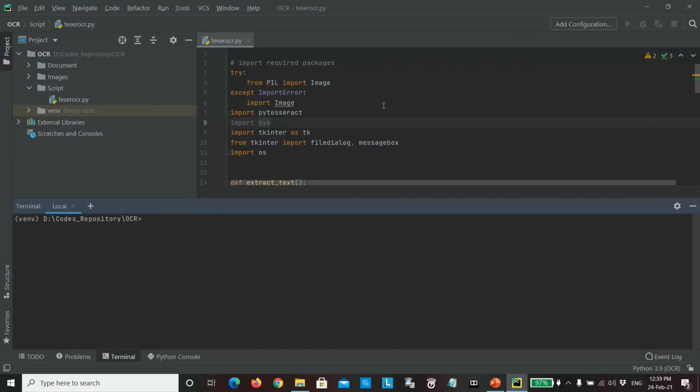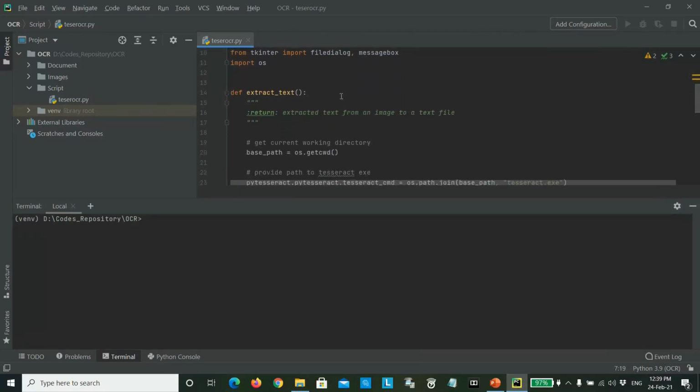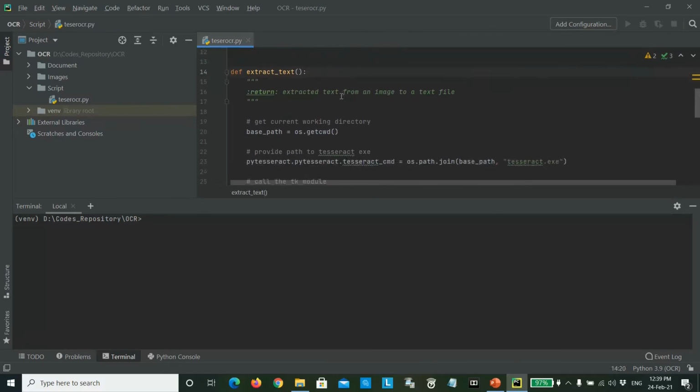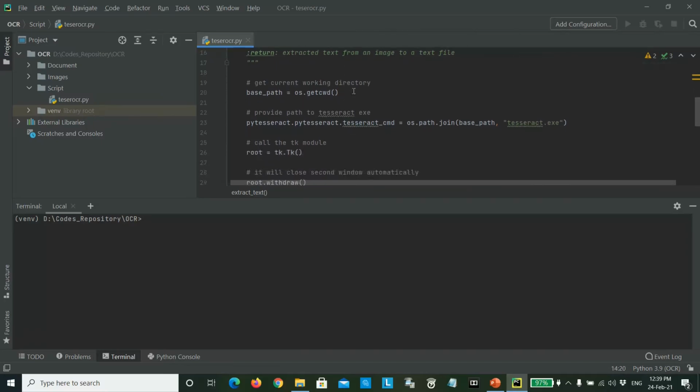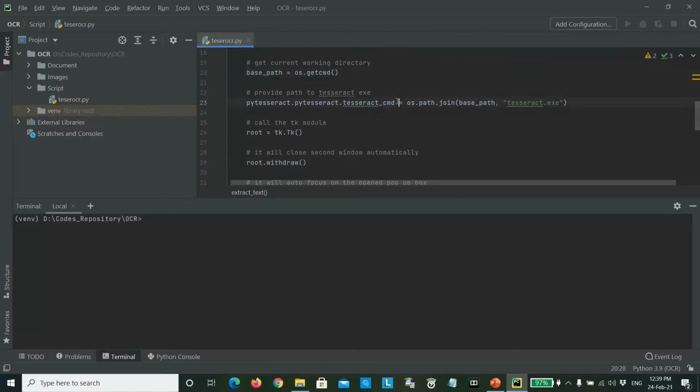What it does is it will first of all import the required packages. Then I have defined a function called extract_text, which will return text from an image. So I fetch the working directory, then I define the tesseract.exe path, which the script needs to know to extract text from any images.